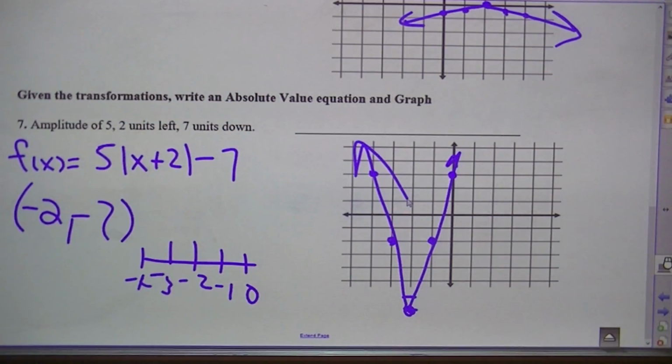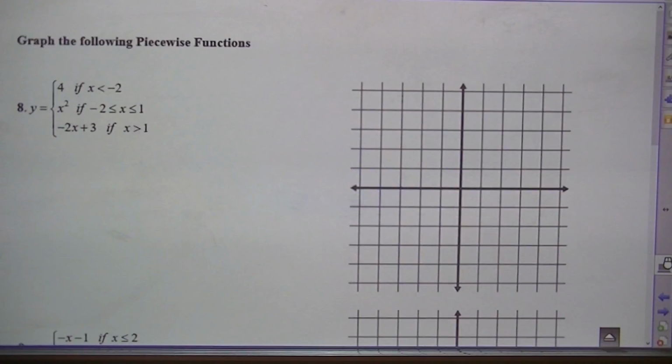Okay, and there's your graph. All right, moving on, piecewise functions. Okay, so we're going to